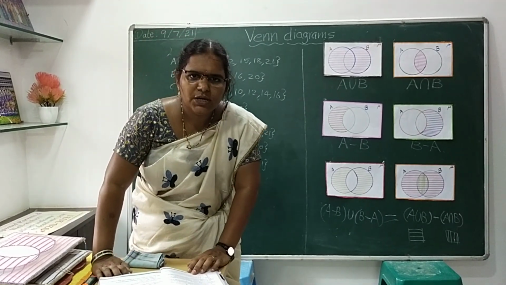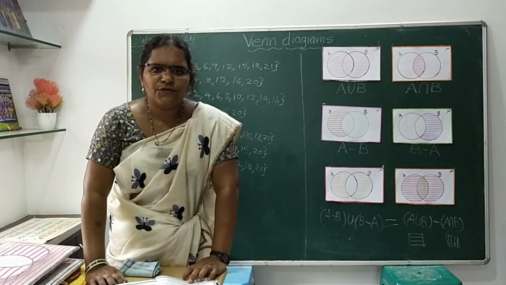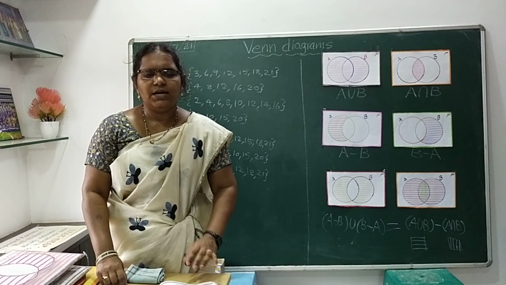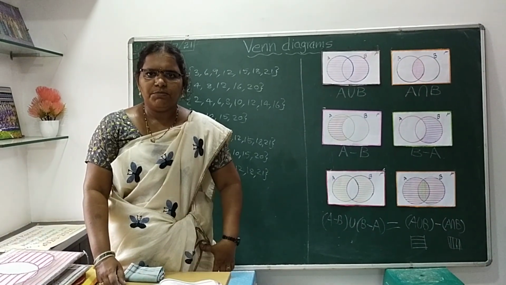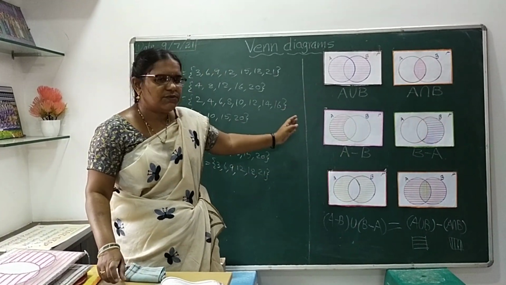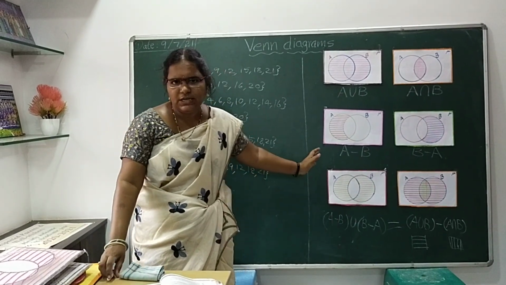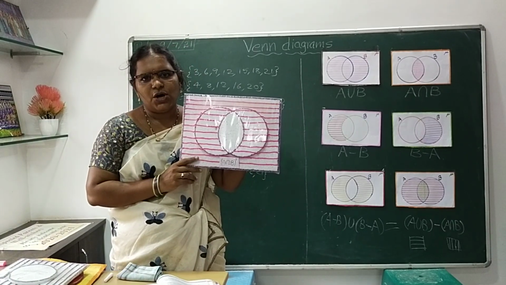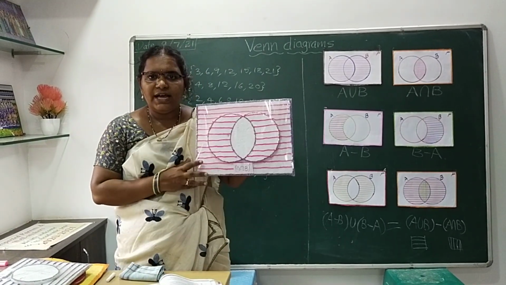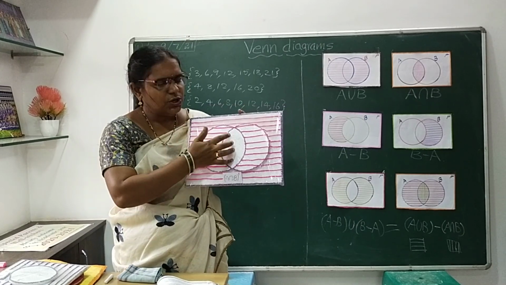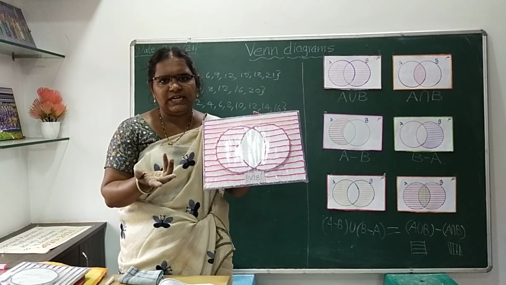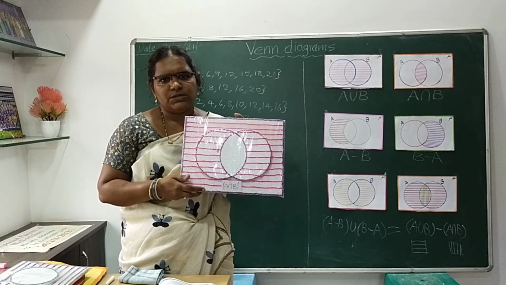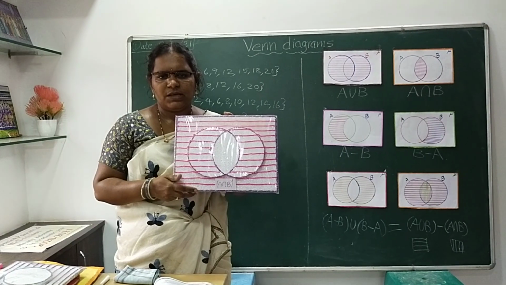I hope you followed all the parts of this chapter. Write notes clearly, and the important points you have to write in a box. Draw these Venn diagrams also in your class work neatly, and like how I showed you, do all those Venn diagrams as project work. You have to show your creativity and do your project work, and you can send what you have done to my personal number. Thank you.